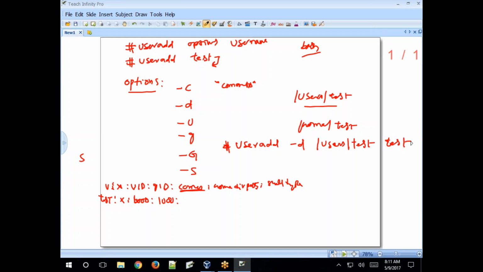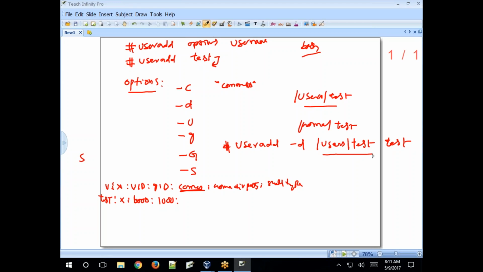Now the test user will be created, and the test user's home directory is /usr/test, not /home/test. So at the time of creating a new user, you can set a different home directory for that particular user.